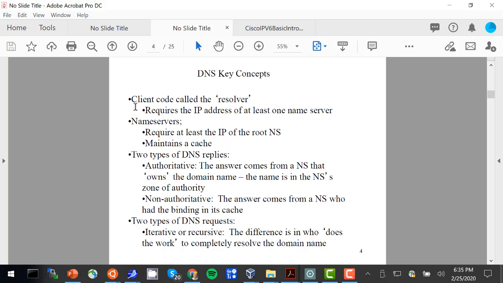Okay, so the client code, which runs on all TCP/IP hosts, is called the resolver. The programming interface to the resolver, we can get to it in a couple of different ways. For the most part, we'll always use getAddrInfo as the primary interface to the resolver. So that was the code that we have seen. For example,